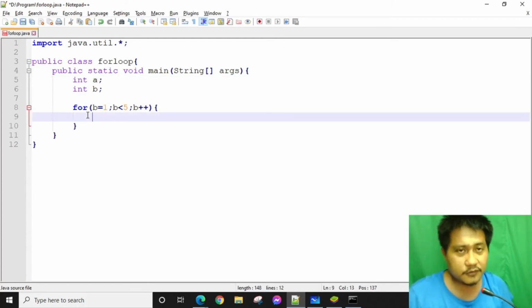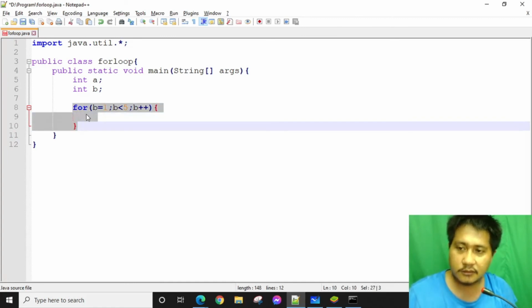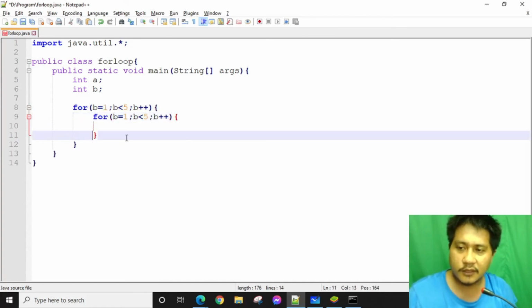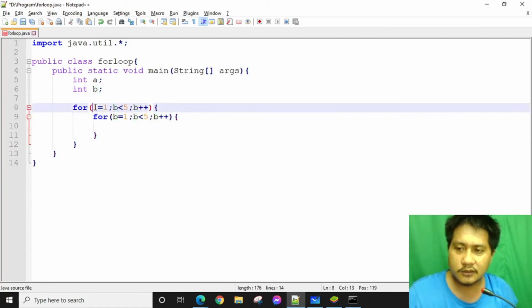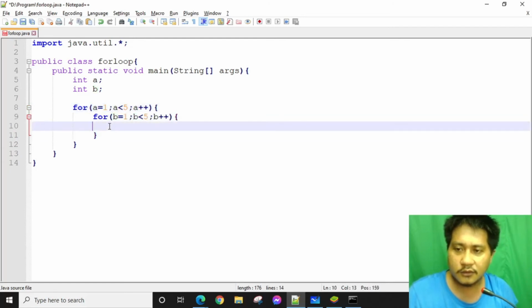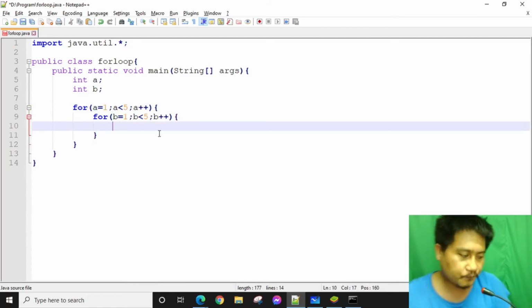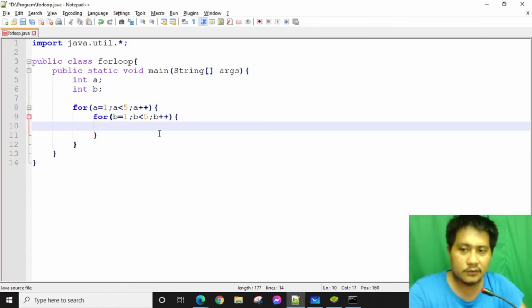In the previous video we tried a nested while loop. In a for loop, you can also nest it. So we have an inner and an outer loop. I will say that the outer loop will be about A, and the inner loop will be about B. So in this case, just like the previous example,